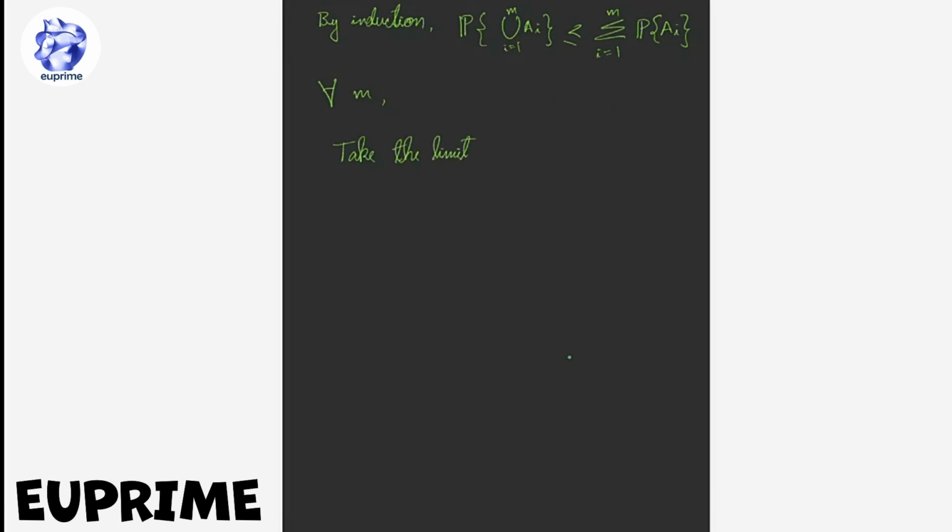Think of these as A1 and A2 union up to A(m+1). So A_m is a subset of A_(m+1). If that is true, then you can take the limit, which eventually,